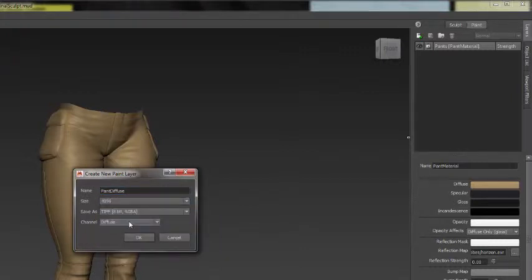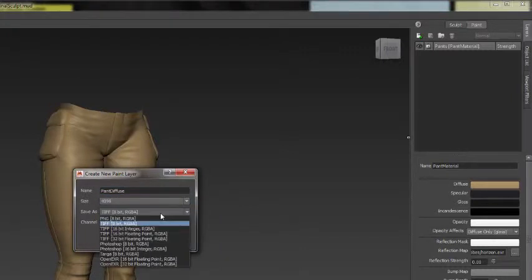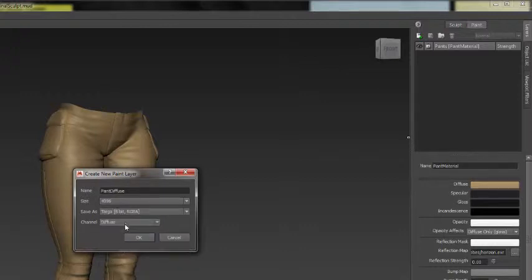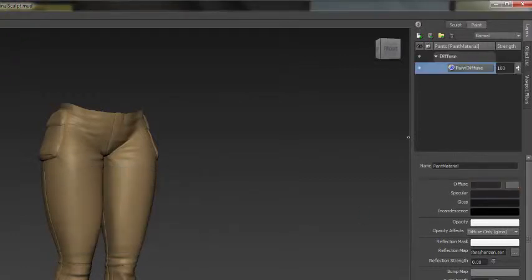Make sure that the texture size is correct, and I want to make sure that I'm using a TGA or a Targa. Whenever we create a texture, it is always a TGA or Targa unless otherwise specified. It is the diffuse channel as well, so I just want to make sure that it is painting in the diffuse channel,